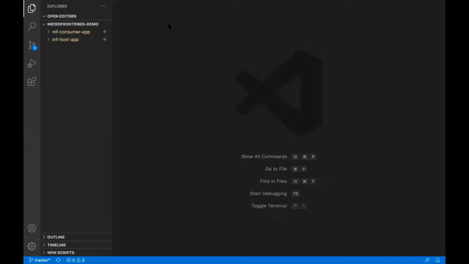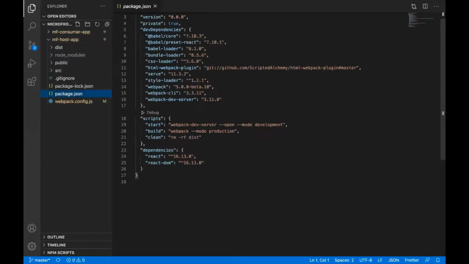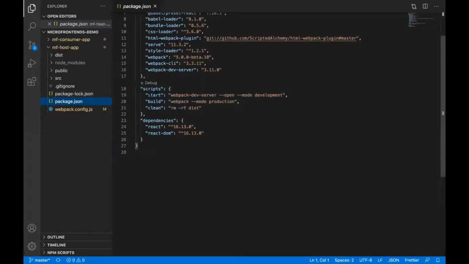Can you guys see my VS Code? Yeah, we can see. Okay, so I have opened both my host and consumer app in the same VS Code so that it reduces my switching over different VS Codes. The host app has this package.json, with a simple React dependency, a start script with mode development and a build script with mode production.